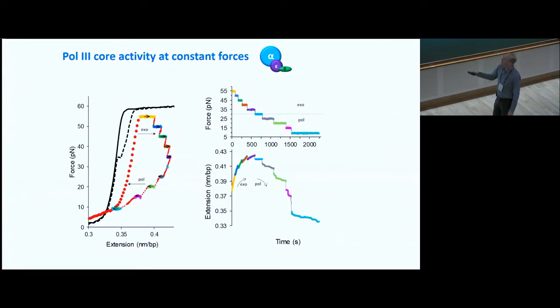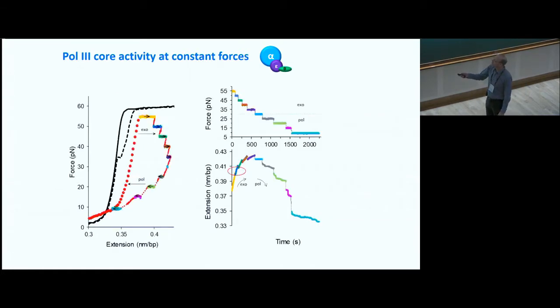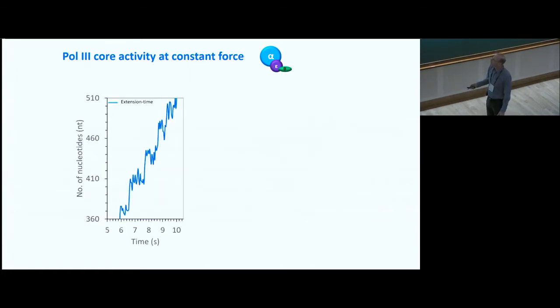And so that slope change represents a change in the rate of exo, or the rate of polymerization activity with force. So force regulates its ability to polymerize and undergo exo. It's not just switching between the 2 regimes, but it's actually changing the rate at which it does that. And so if we zoom in on one of those exo at a particular force, we